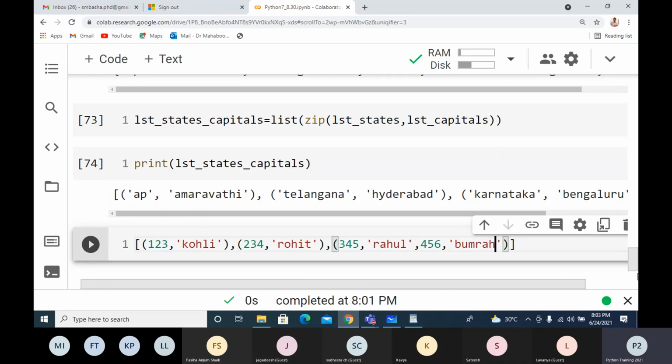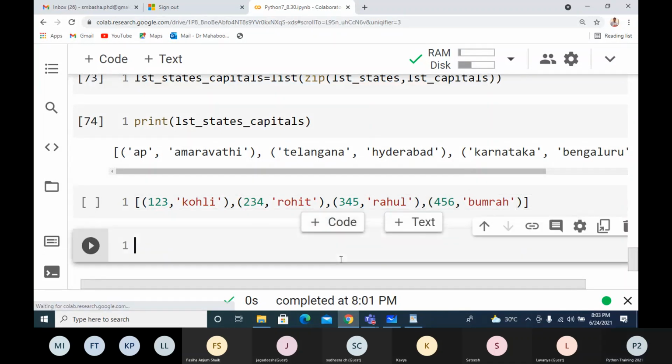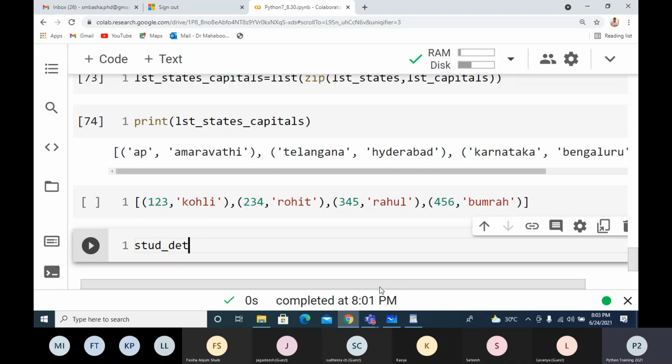Now I have this. So this is a list of tuples. Now what is it containing? It is containing the roll number and name of the student. See, here is some mistake. I have to use brackets here. I can get a dictionary from this simply. Suppose I take student details as a dictionary.